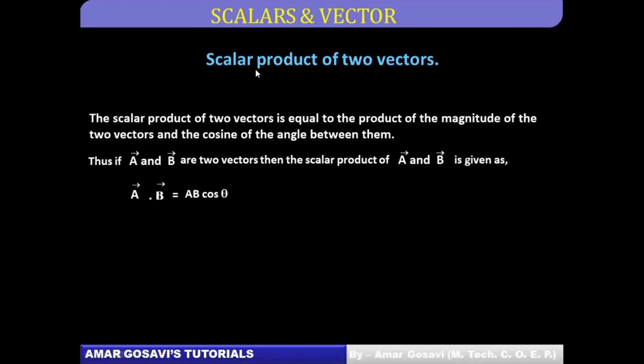So how do you define scalar product or dot product? It is defined as the product of the magnitude of the two vectors, you can see at the top, and cosine of the angle between them. This is how you define dot product. Again, I repeat the definition for you people. The dot product or scalar product, a bar dot b bar, is defined as the product of the magnitude of two vectors and cosine of the angle between the two vectors.